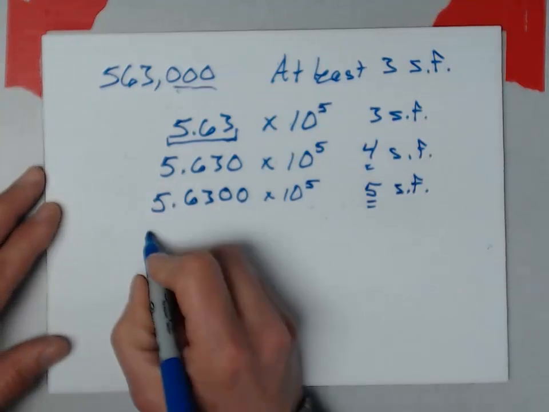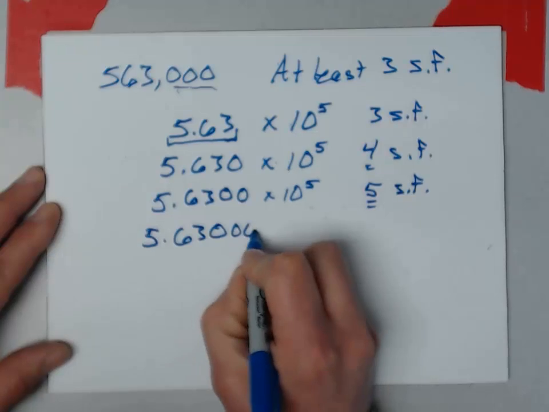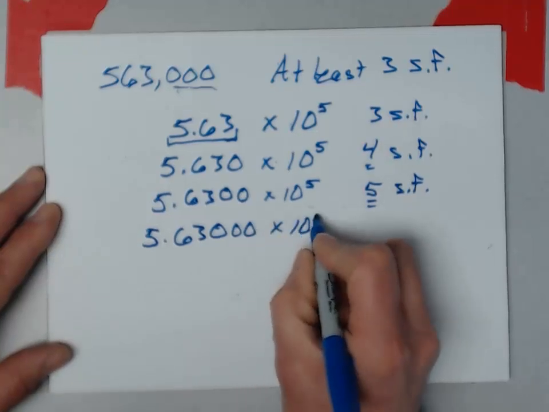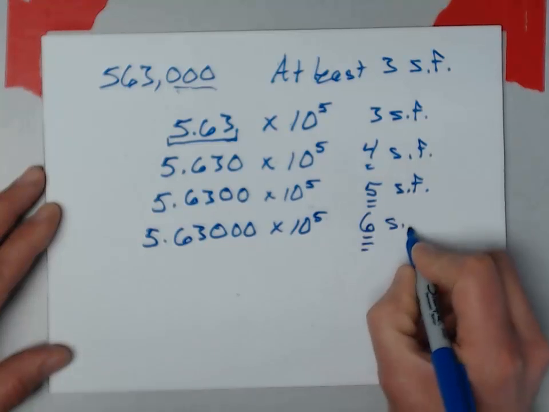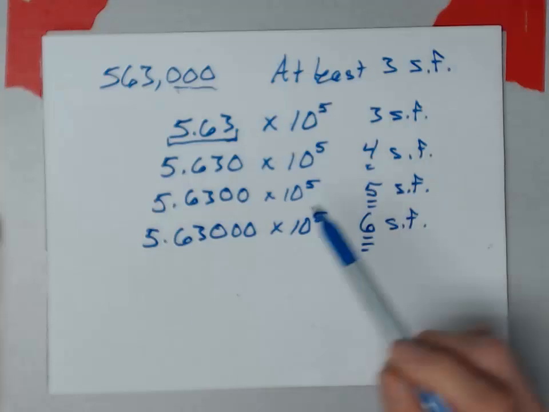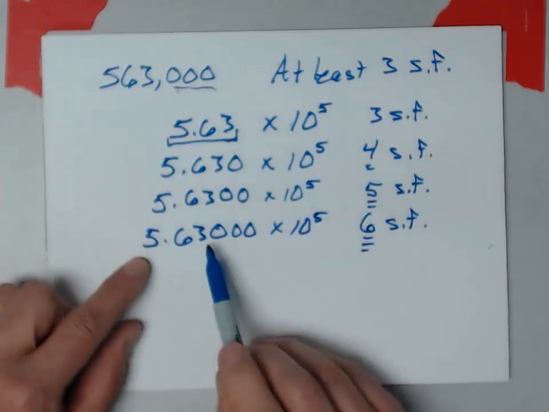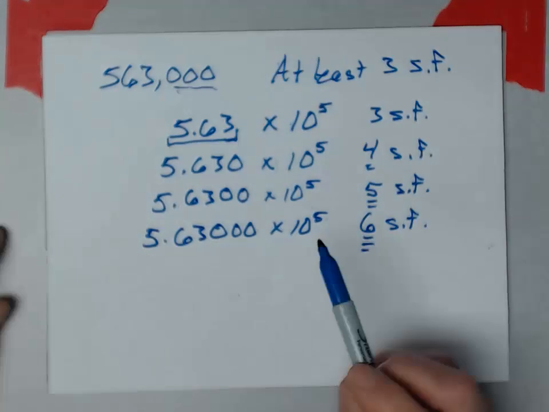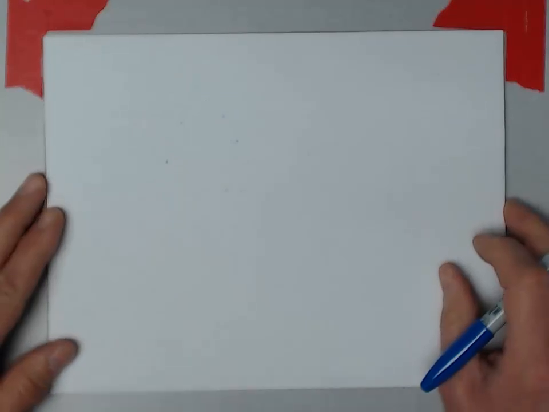If it has 6, 5.63000 times 10 to the 5th. That number has 6 significant figures. And so the way that a number is written can indicate extra significant figures if I tag those zeros onto the end. I'll write a series of numbers here, try to guess how many significant figures there are with each